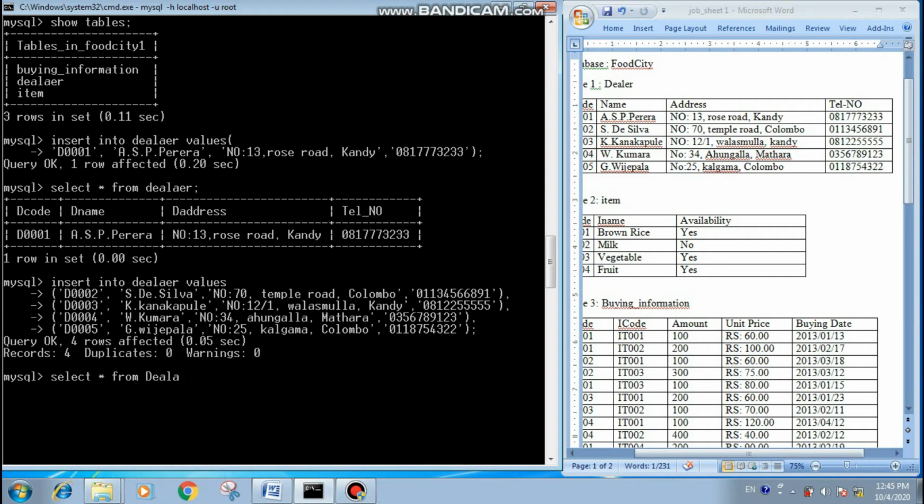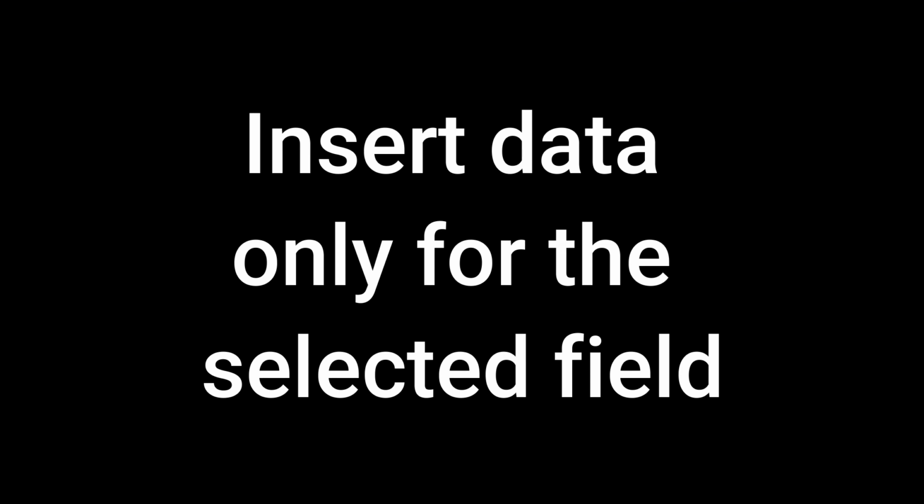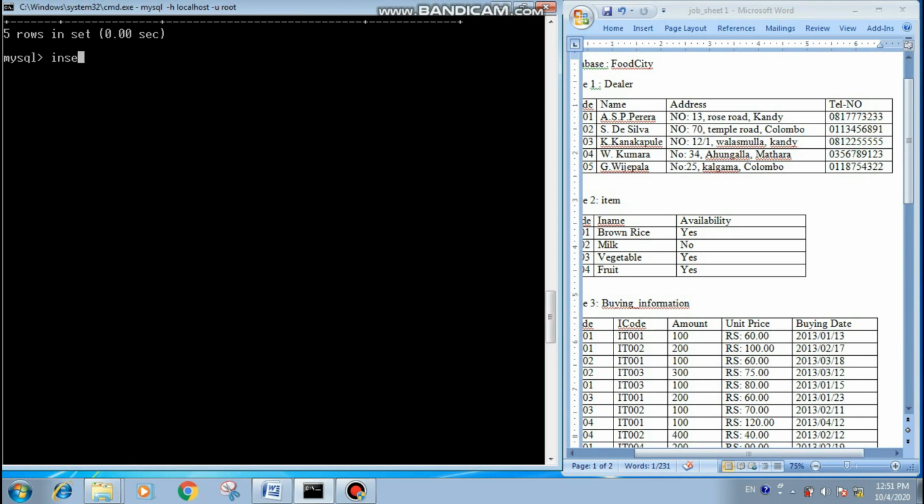You can see here in both situations we keep the table structure order. What will happen if we need to insert data without considering that order? I am going to insert data for the item table, but I don't need to insert data for the availability field, as well as I need to insert data for I name first and I code second.